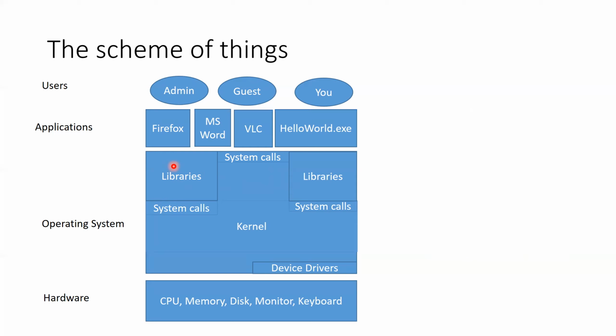So an operating system, we can say, is composed of a kernel at its core and some additional functionalities built around the kernel in terms of libraries or some other applications that are built on the system calls or kernel interfaces and provide you with some basic functionality.